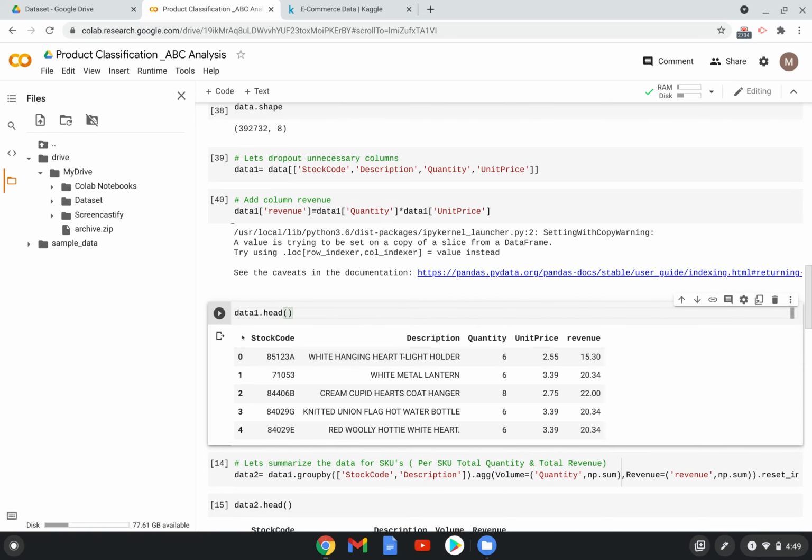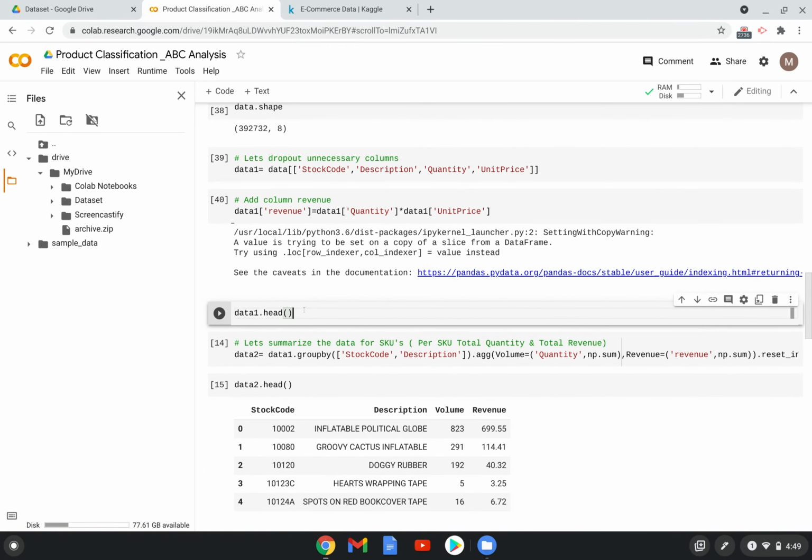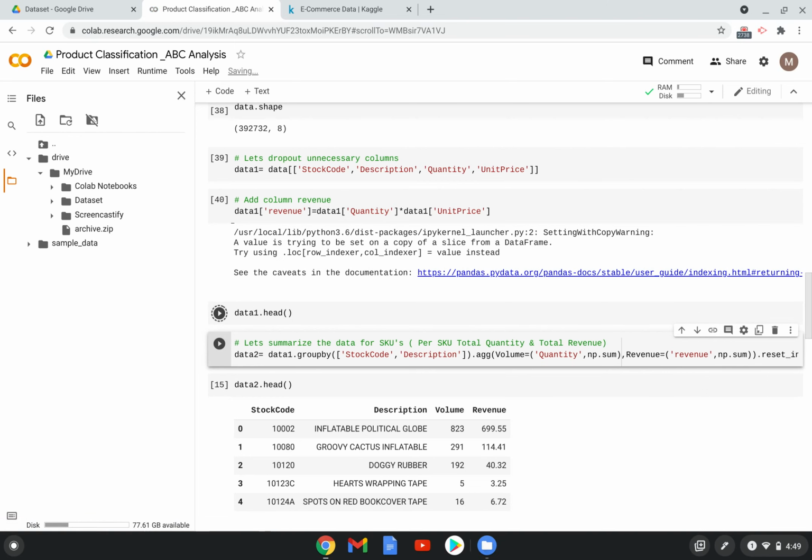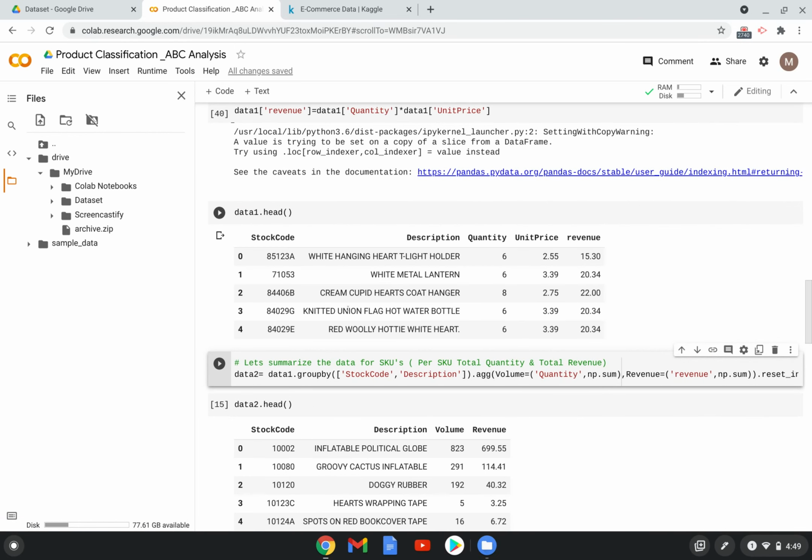Let's see how the data one data frame looks. Okay, great. We can see that the revenue column got added, and it is the multiplication of quantity and the unit price.